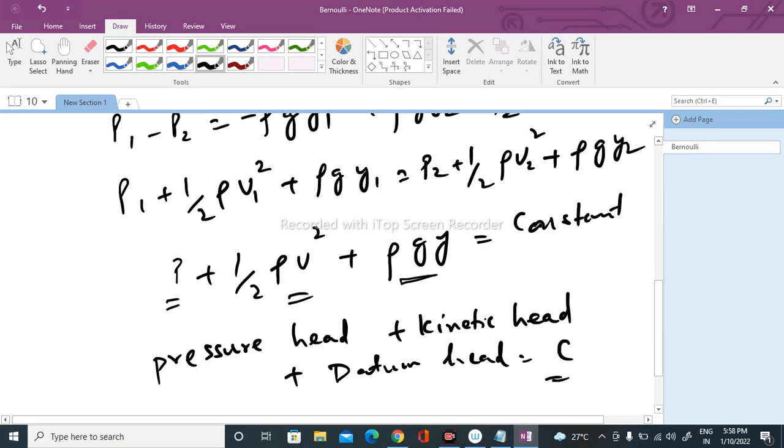Okay, and also notice that while calculating the kinetic energy, we are calculating kinetic energy like this: half mv square by volume. What is this? Rho, mass by volume. So we calculate per unit volume. This is not like a solid. In a solid you write half mv square, but here you have to write half rho v square because this is a liquid. This is applicable for liquid as well as gas.